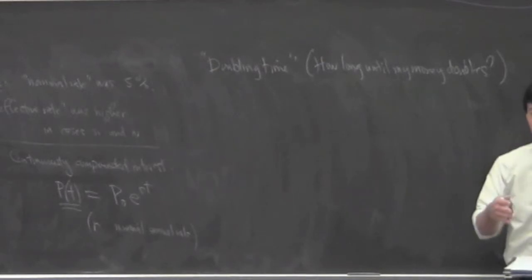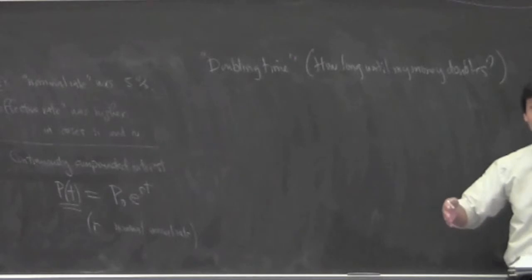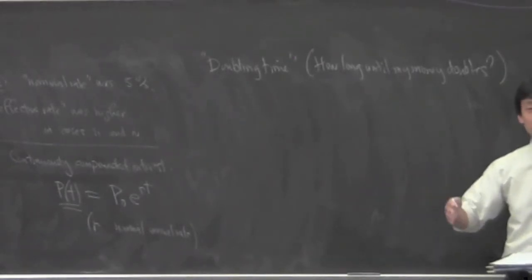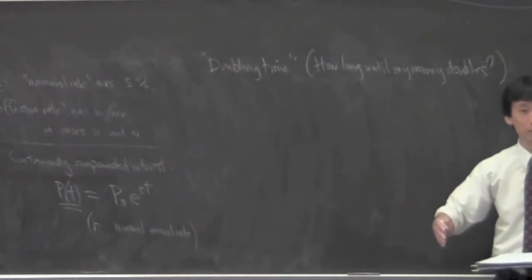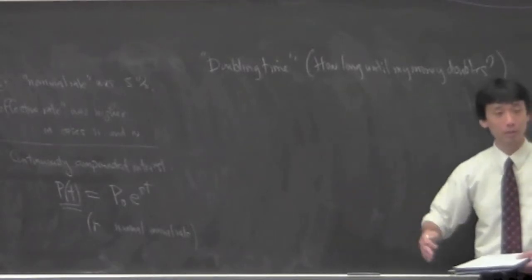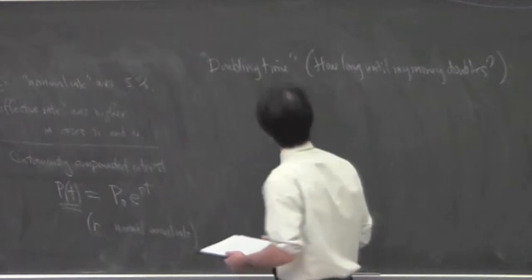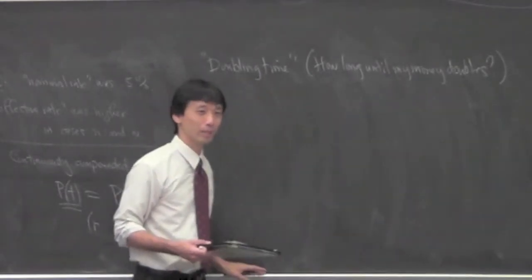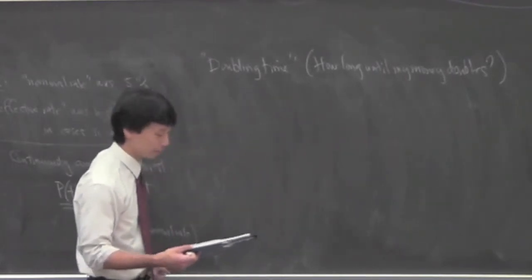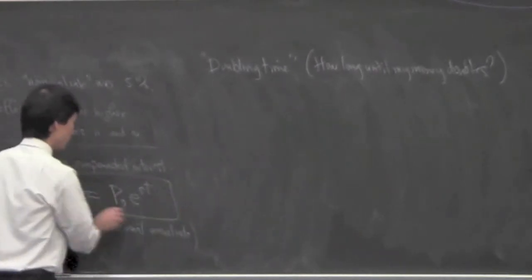And you think, okay, I've got X number of years, let's say 30 years left to retirement. And then you say, okay, will I have enough money at that time? So you have to think, okay, what's the doubling time? How long until my money doubles? What approximately should I expect to have, and am I saving enough? So this is how you calculate it. This is the beginning of how to think about it. How long until your money doubles? You can figure it out.